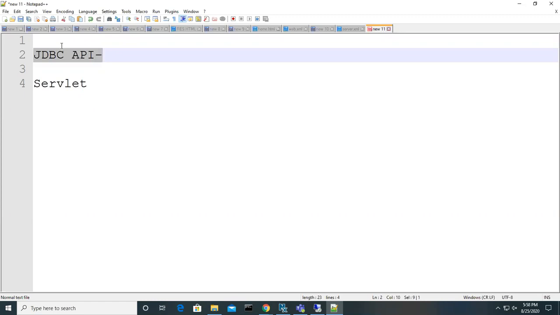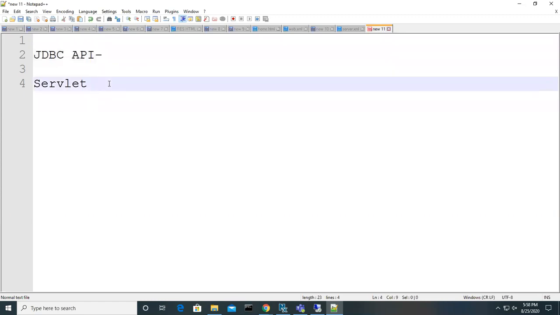In the same way, Servlet is also one kind of API, but this API is going to help you write service programs which we can deploy under the web application and access through it. It will give the request and response.